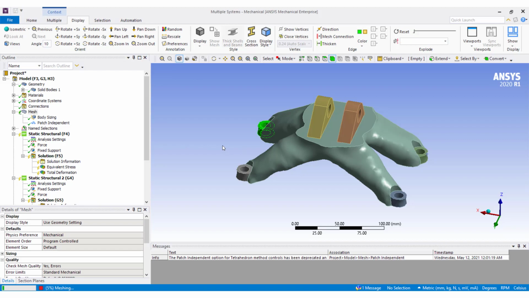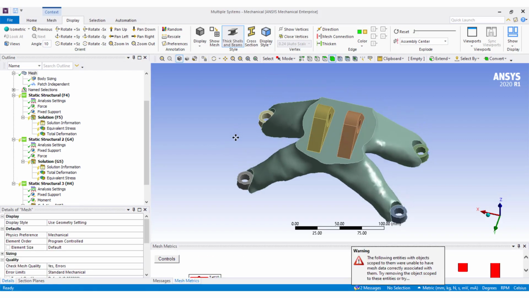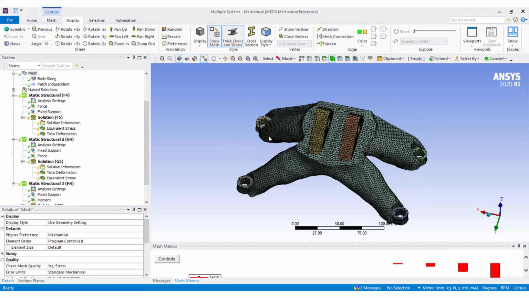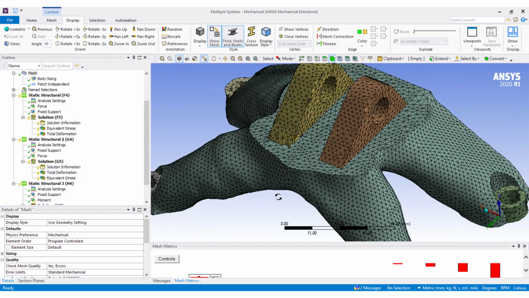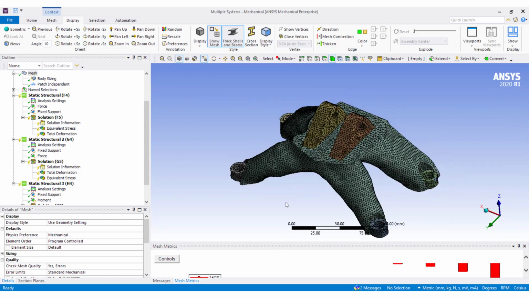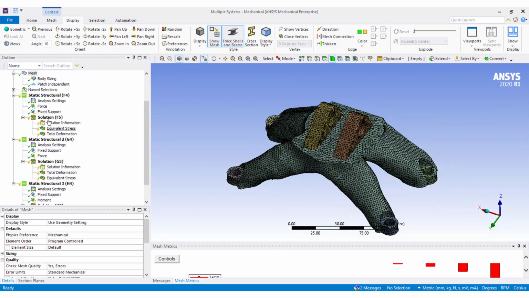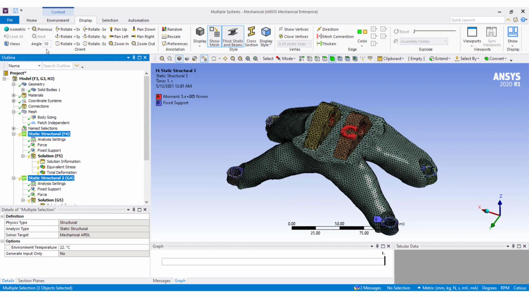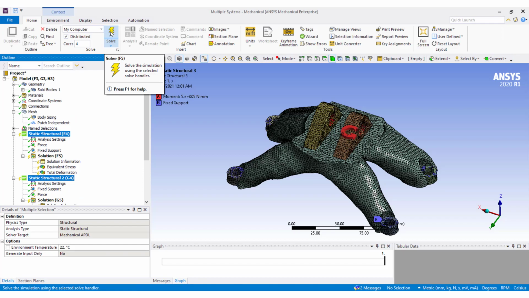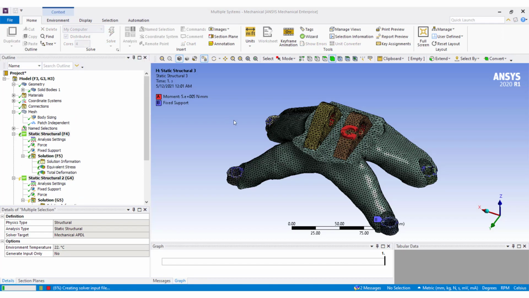It will help the analysis to run properly. Now everything is ready. We can run the simulation and get the results and compare them with the previous ones.